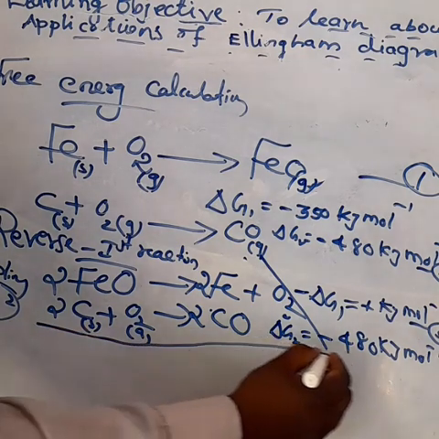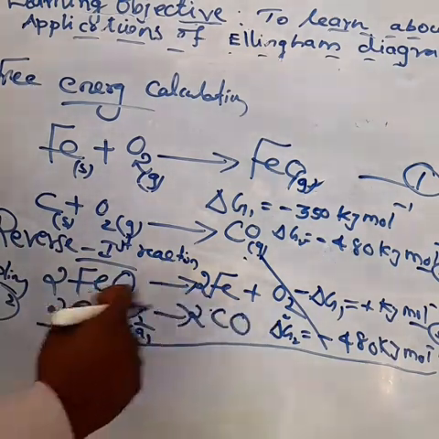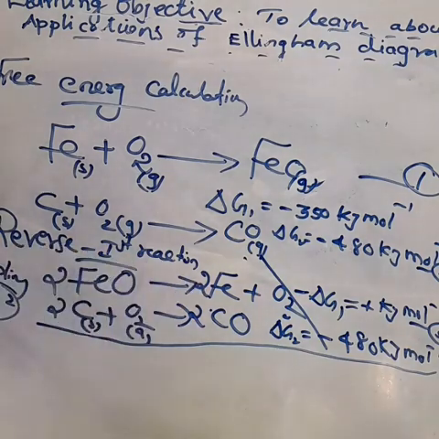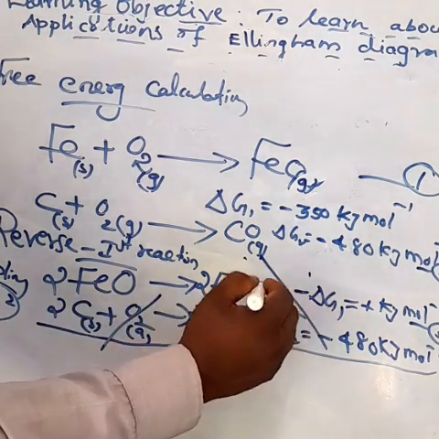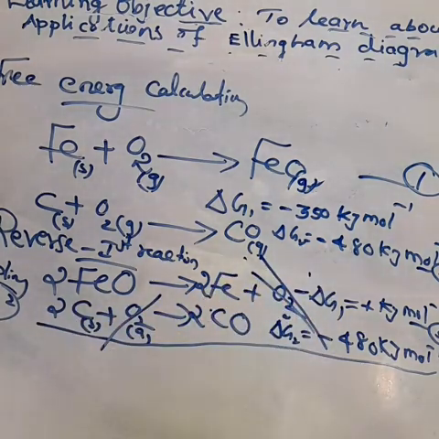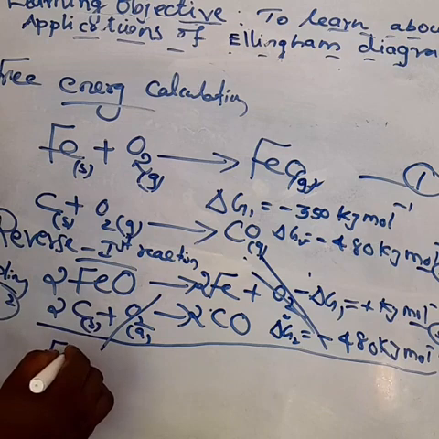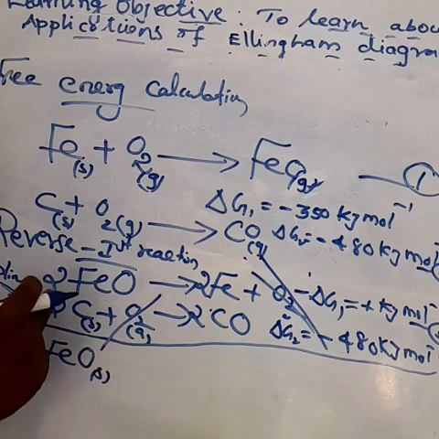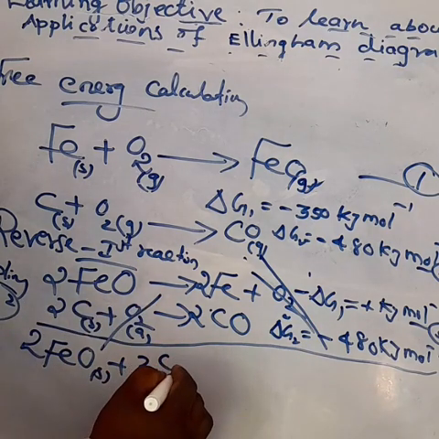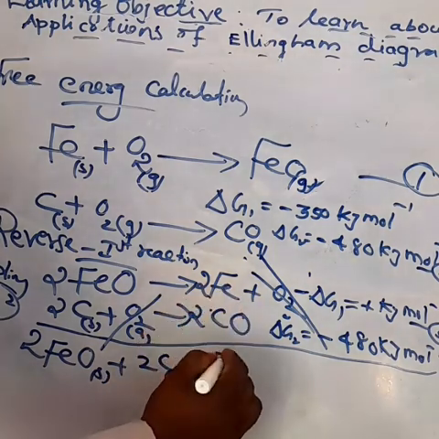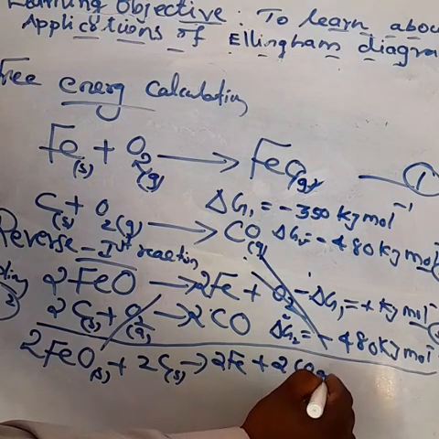Now couple the reaction 2 and 3. So here, which possibility can be cancelled? Opposite side can be cancelled. Oxygen can be cancelled. Am I right? So which one is remaining there? First one I write the iron oxide FeO, solid state. We can write 2 FeO plus 2 carbon gives 2 Fe plus 2 carbon monoxide gas.